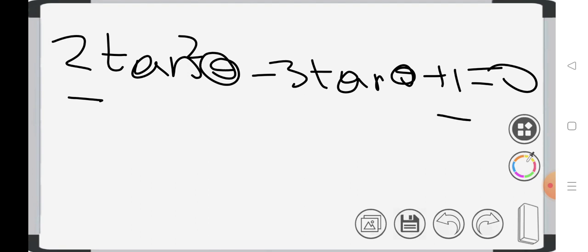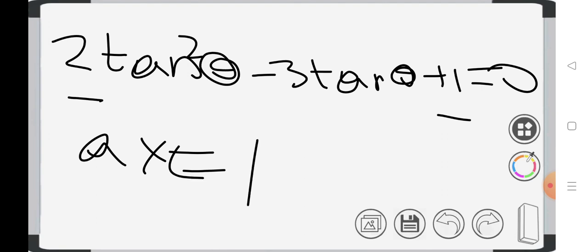If you multiply, that means A into C, you should get this one, and if you subtract or add, you should get the middle term. Remember, if you subtract or add, you should get the middle term. In 10th class, you know it as splitting the middle term. That one only I am doing here now.